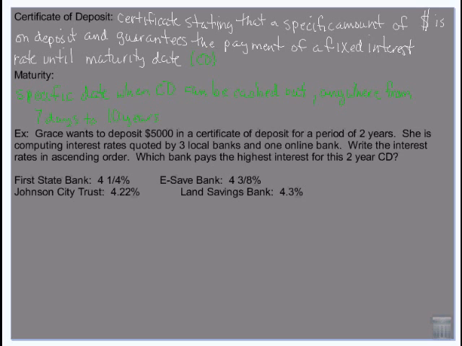They don't have to be 10 years. They can be 1 year, or go from 7 days up to 10 years. So they're different amounts and different time periods, but they do pay a higher interest, and it's a guaranteed interest rate. Whereas if I put money in the bank today and my interest rate is 1%, that could change a month from now, and again a month after that. It changes all the time, whereas a CD is a fixed interest rate.